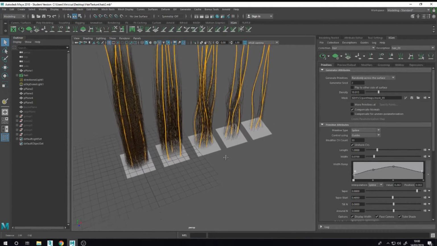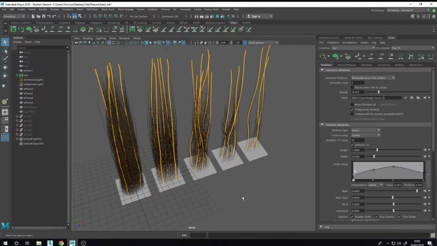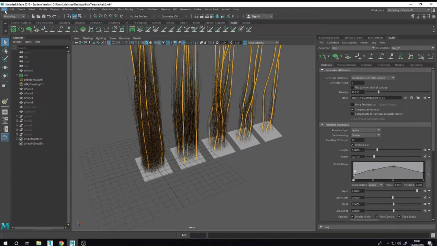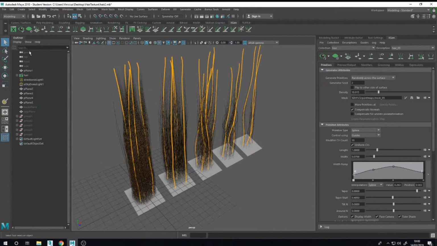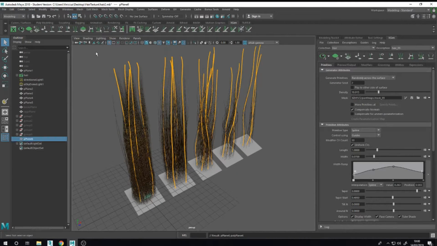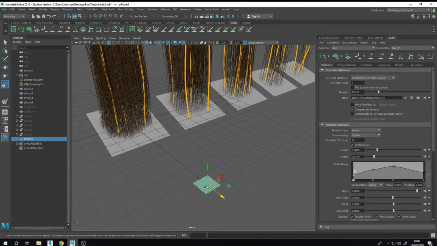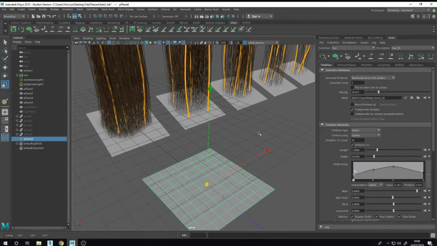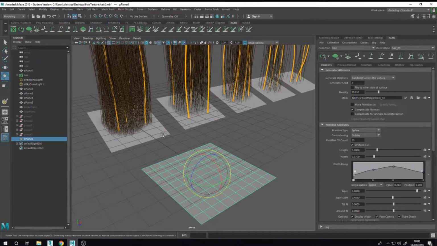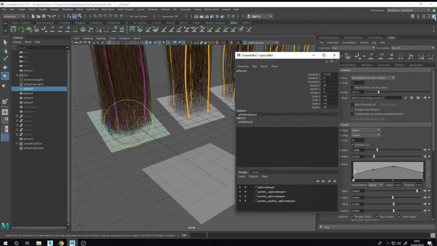To create this, it is the same process as you did in the last tutorial. I will create one just to show you. You go here, create plane, scale it a little, rotate it like 20 degrees.